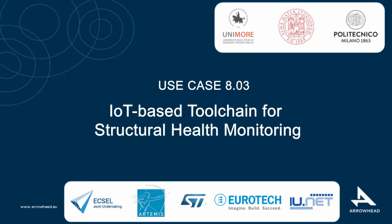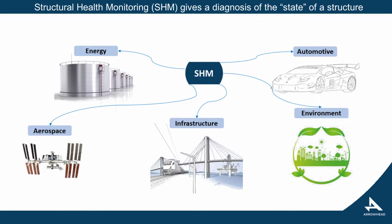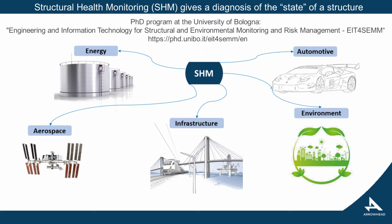This video aims to demonstrate our IoT-based toolchain for structural health monitoring, part of the use case 8.3 within the Arrowhead Tools project. Structural health monitoring aims to give, at every moment during the life of a structure, a diagnosis of the state